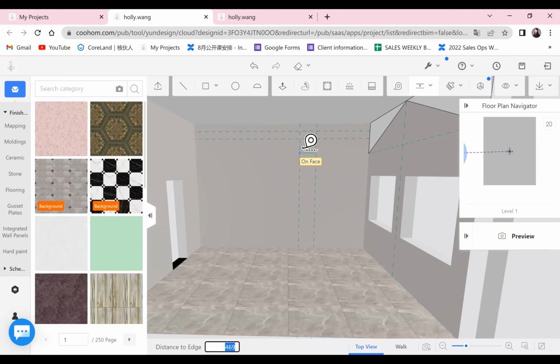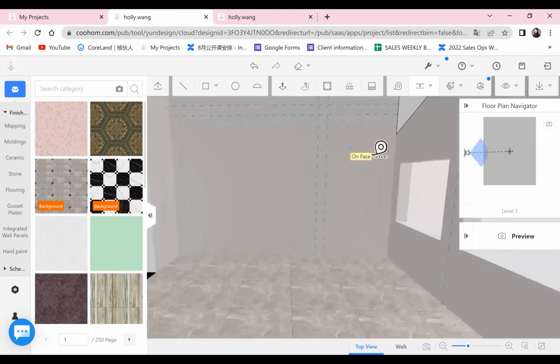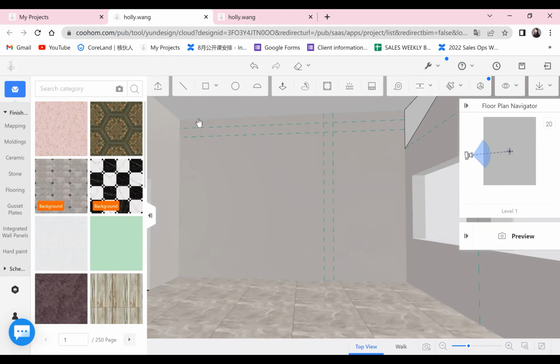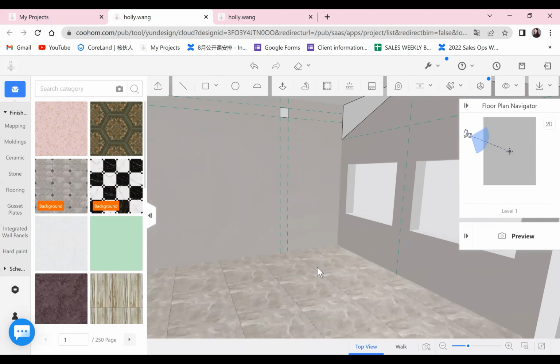From here, another 200. So this little rectangle here is where I want to draw the beam. I will use the rectangle tool to get it.